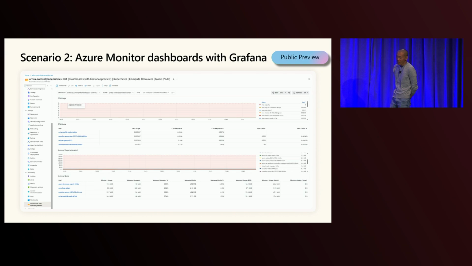So today we're announcing a new option to be able to view these metrics, which is the Azure Monitor Dashboards with Grafana. What this is, is Grafana embedded right into the Azure portal. If you're a fan of Grafana, it still allows you to customize dashboards and reference any number of Azure-sourced metrics. And if you're not already a user of the Managed Grafana option, this is a fantastic option, which is also free. So this is in preview today.